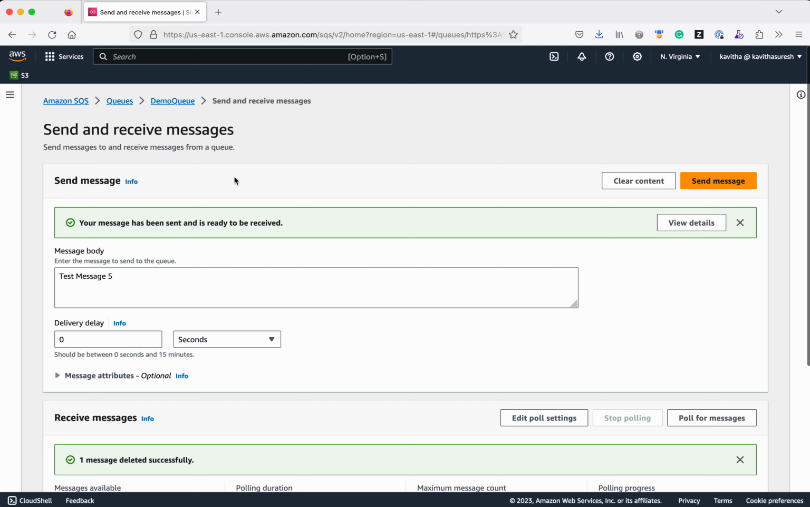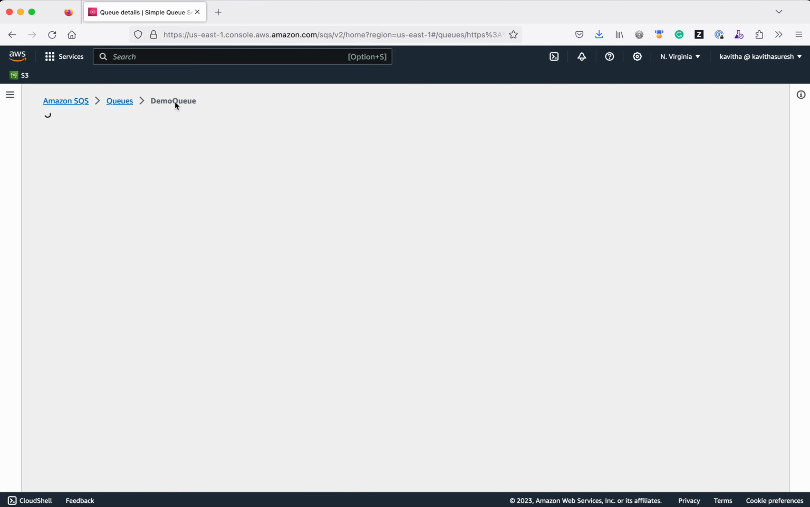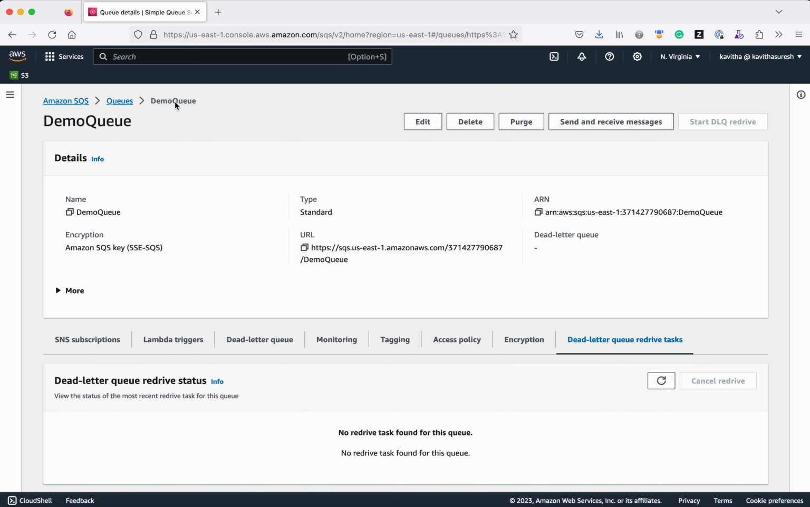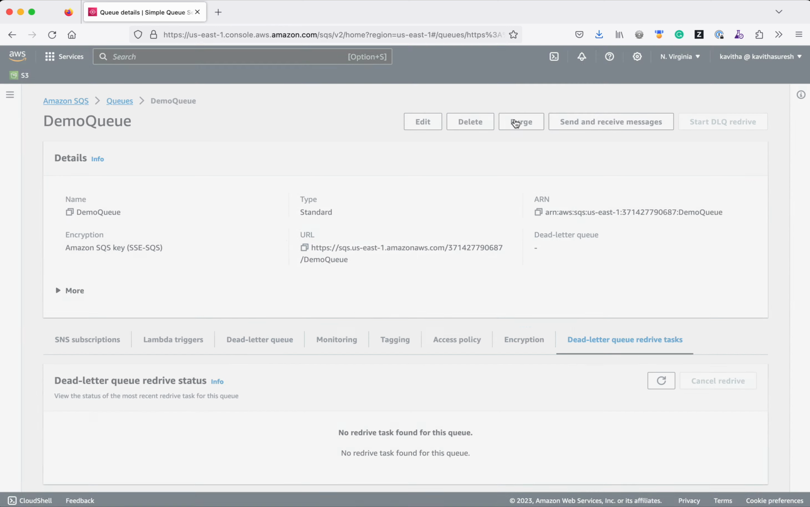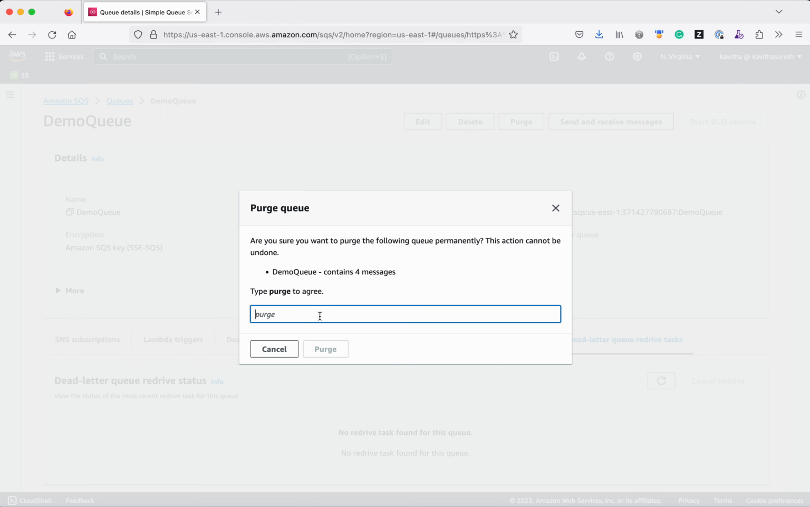Okay, so now we have seen how to create a standard SQS queue, and how to send a message and receive the message using the console. Now let us review the purge functionality as well. Click purge, right? We need to type purge, right? It clearly says this queue contains 4 messages, so when you purge it, all 4 messages will be permanently deleted. Click purge,